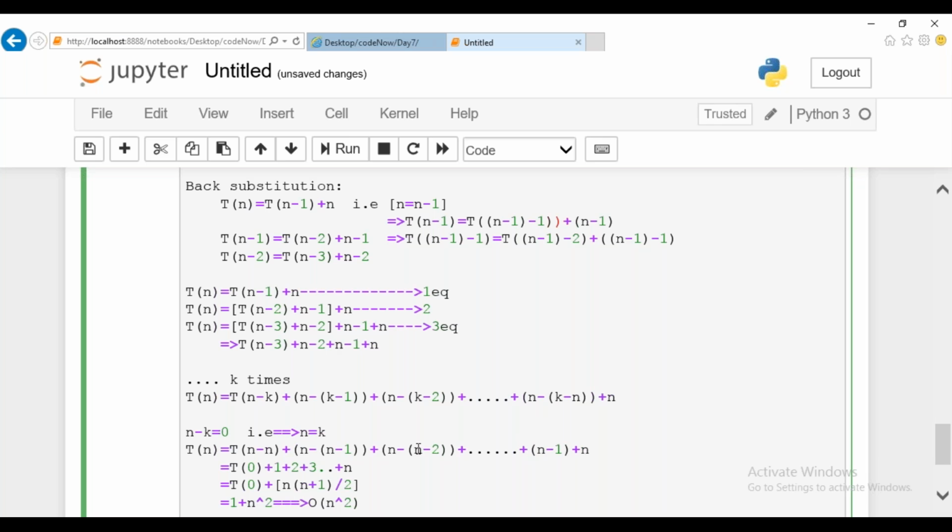Give me a second. Let me think whether it is possible. Okay, you can replace it. Even if you are replacing, somehow you're going to get the same answer. After this, you'll be substituting this n with k. Once you are replacing n with k, k with n, what happens?